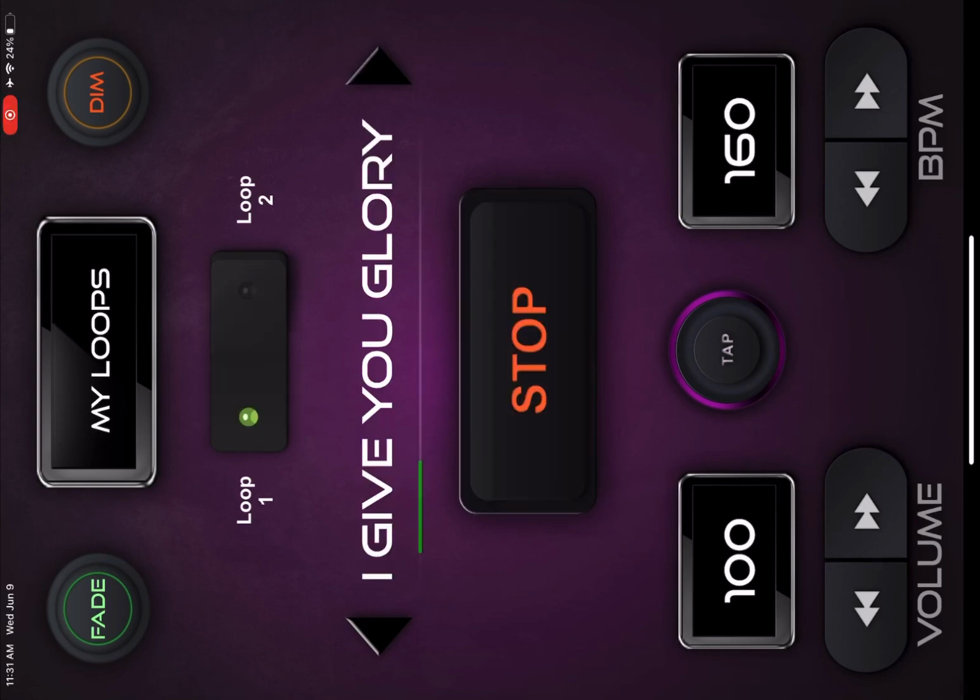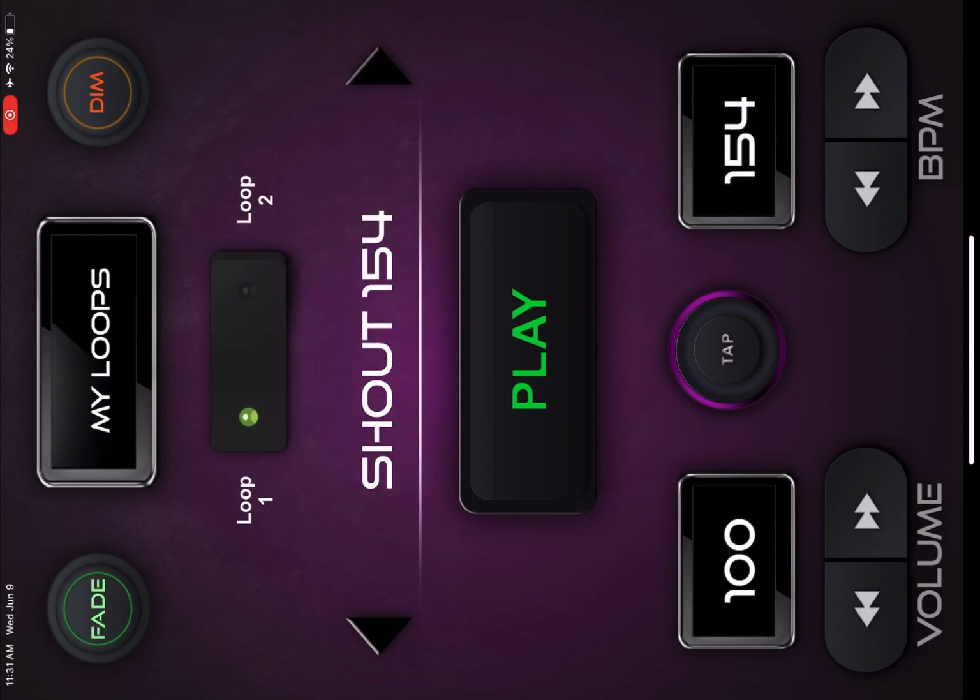So they have pretty good, and then you can go like to the next song. I Give You Glory. Second loop. So they have some good, here's like a shouting option. Second loop. So this is another good app to do for loops, mostly rhythm. They have another app that does triggers, where you can do trigger sounds and chord progressions and stuff like that. That's more for live play, and it's not really backing tracks